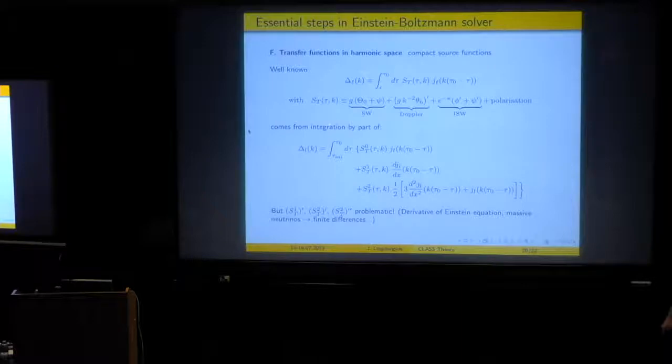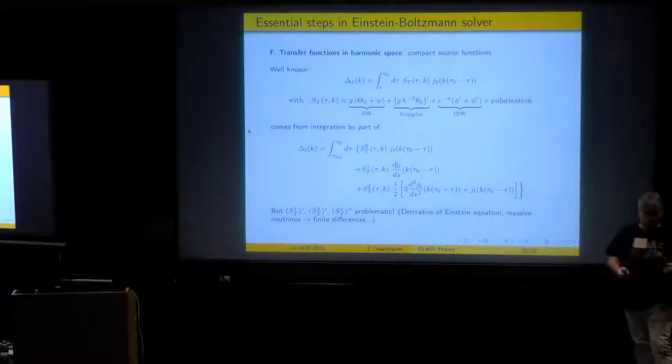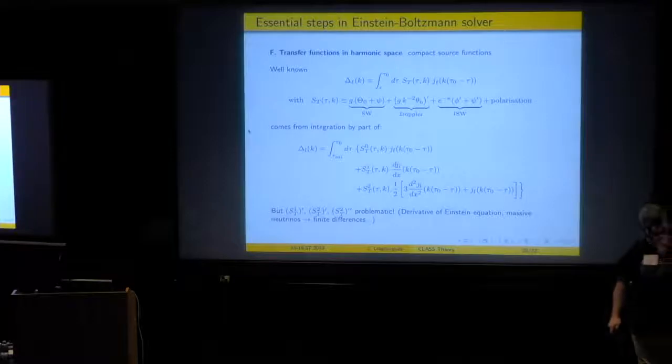And then you need first and second derivative of matter terms, like for instance, the anisotropic stress of photons, etc. And they are complicated to evaluate. You get very, very big formulas. And in these formulas, some of the terms have to be evaluated by a finite difference method, which is always inaccurate. So CLASS uses this method of putting everything in this form, and the expression of this term were obtained